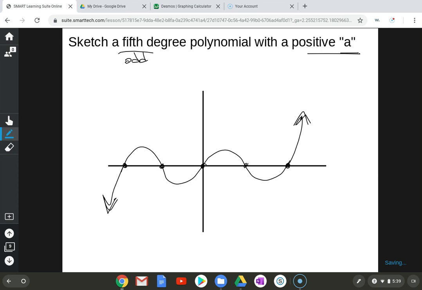Fifth degree means at most 5 x-intercepts. So it's easiest to just go ahead and plot all 5. The other thing to keep in mind is that the number of hills and valleys is at most 1 less than the degree. So for a fifth degree, we can have at most 4 hills and valleys, meaning local max, local min, local max,